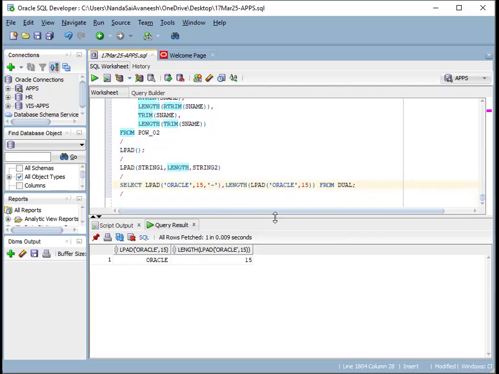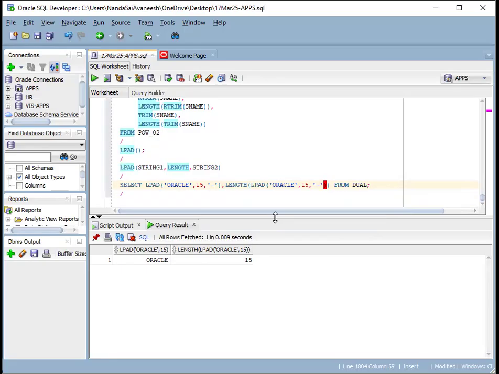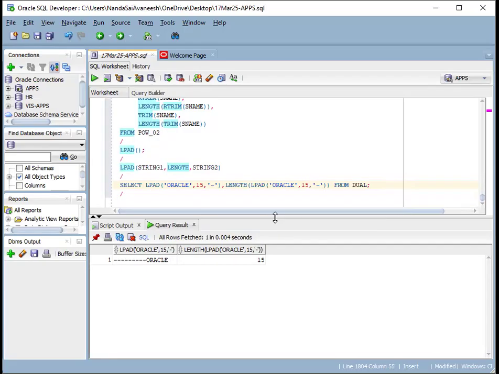Suppose if I say hyphens, what will happen here? On the left side it is added extra hyphens here. Length is total 15. Suppose if I say length 10, then